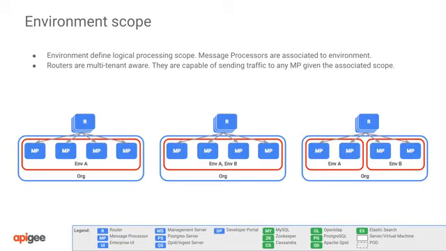In the final example, we can see that two message processors have been associated with env-A and two with env-B. The message processors for env-A will never process traffic destined for env-B, and vice versa. This ability to associate message processors with different environments allows for good partitioning of resource. For example, you may have a sandbox and production environment sitting with the same organization. To ensure that one doesn't impact the other, separate pools of message processors can be associated with each environment.